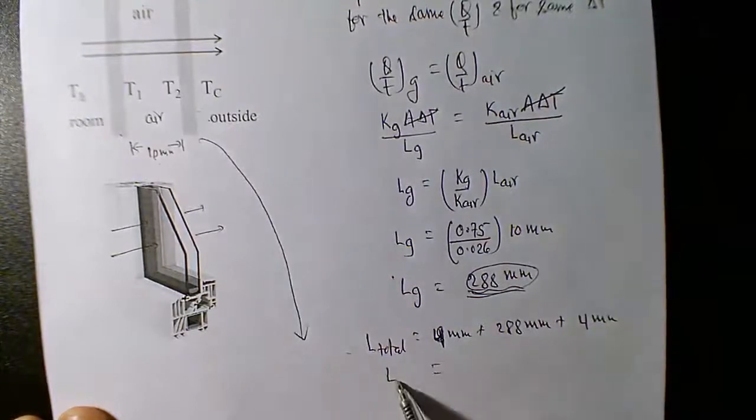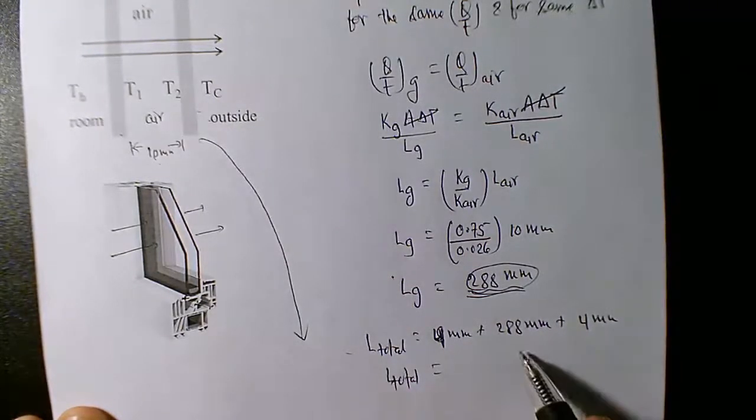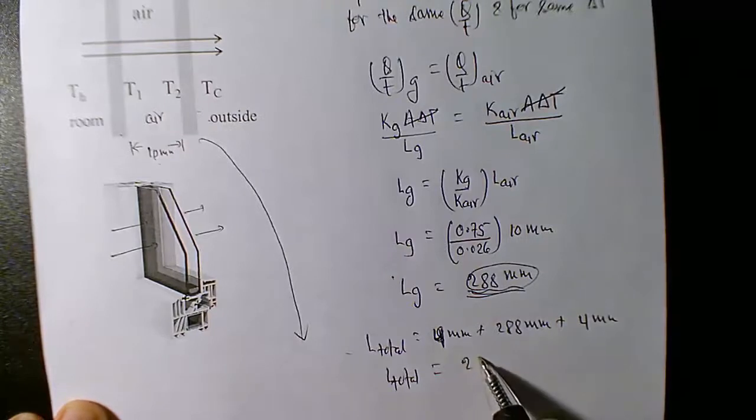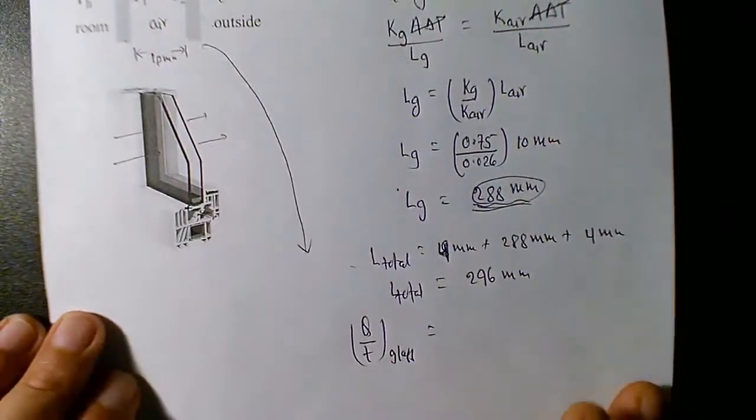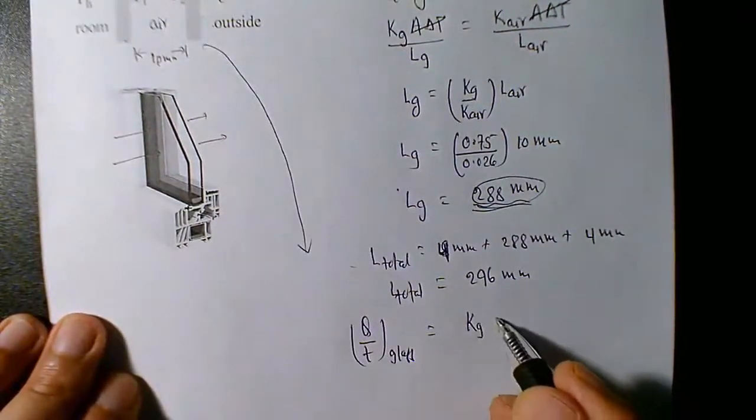So the total of 296 millimeter, right? And then the Q over t through the total thickness, right, is now K of G